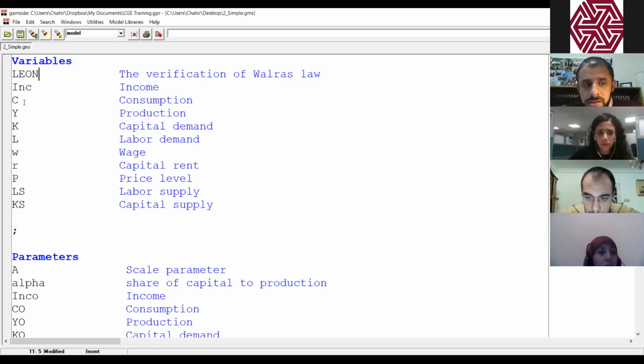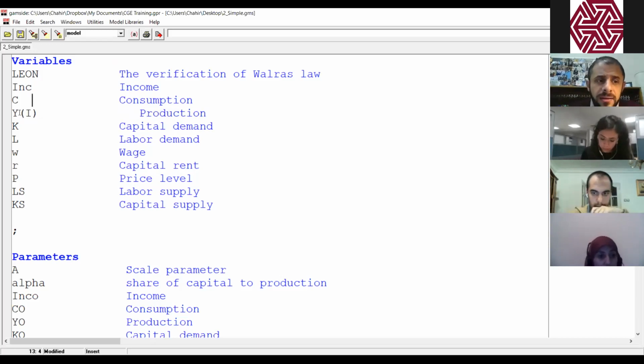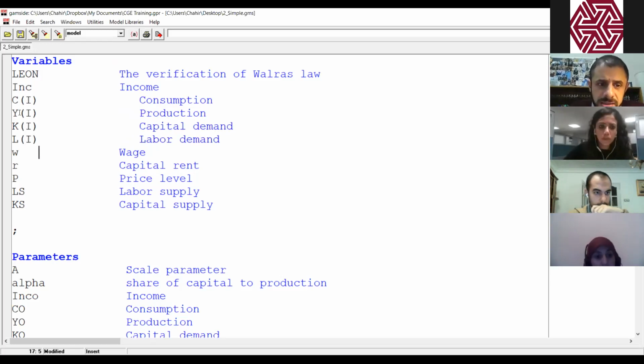Yes, labor is not indexed, income is not indexed, consumption is indexed or not? Yes. It must be indexed. Y must be indexed. So now we'll add all the indices where we want. The capital demand, yes. Labor demand, yes. Wages, no.